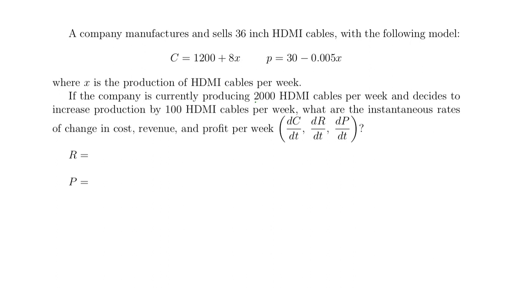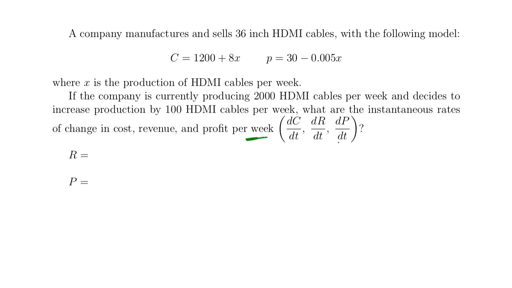Let's say that currently they're producing 2,000 of those cables a week, and they decide to start tinkering with their production. They're going to try increasing their production by 100 cables per week. What we want to do is find out the instantaneous rates of change in cost, revenue, and profit per week. And we're looking at those things per week, so we're looking at them as dC over dt, dR over dt,